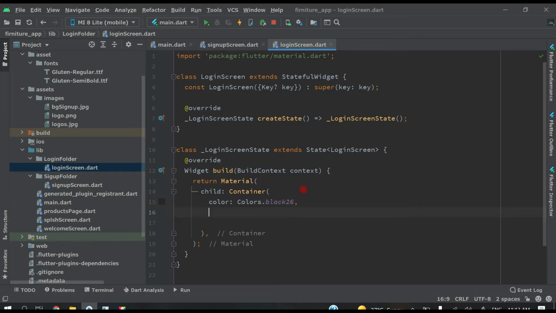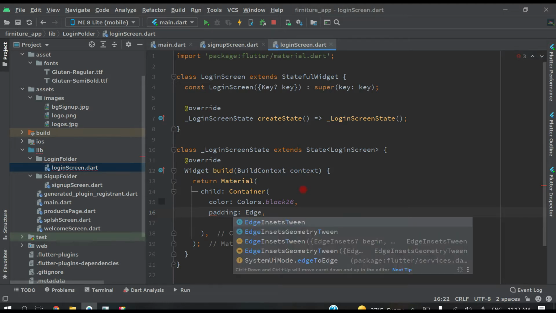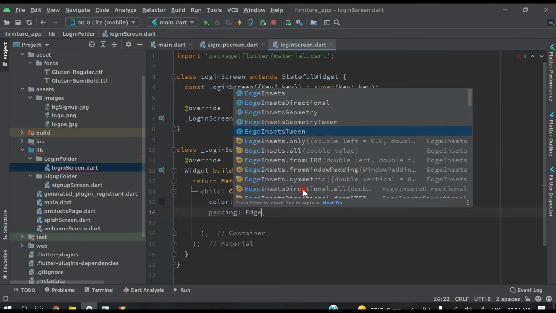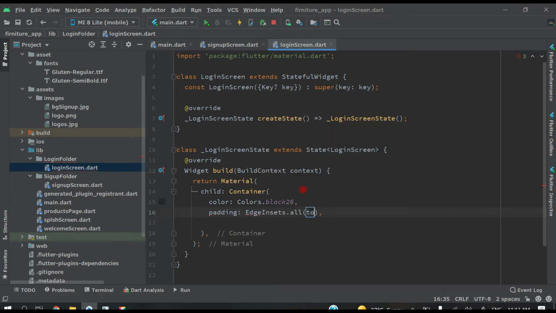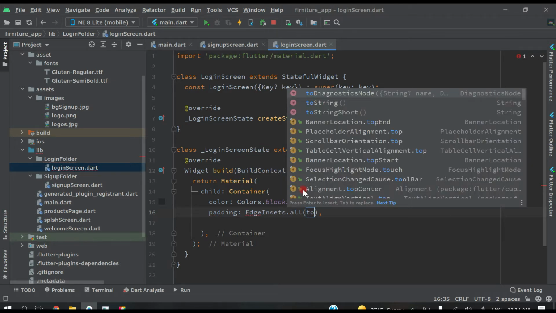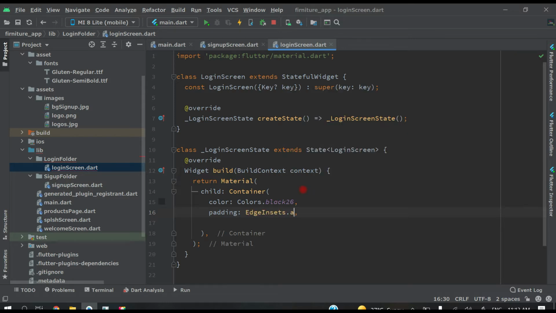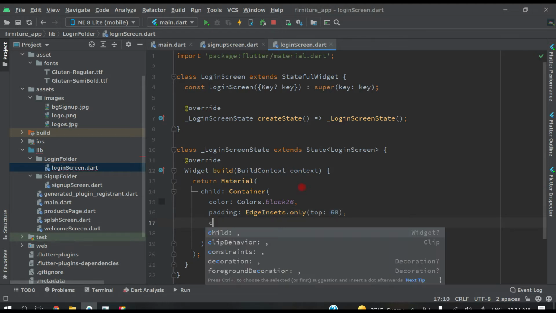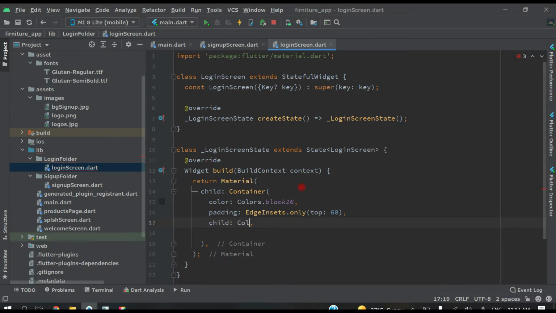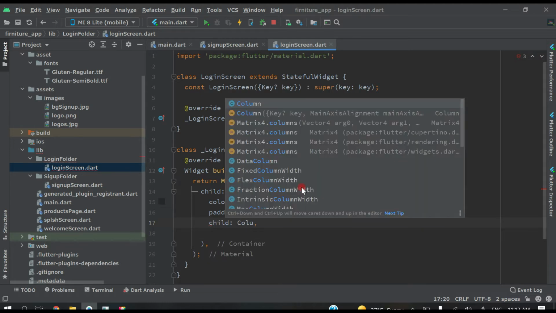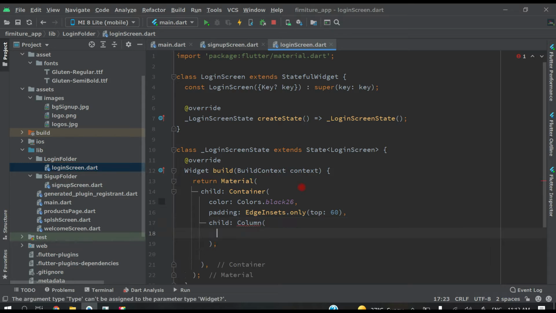And then after this we have to give one padding, so padding EdgeInsets.only top, let's give 60. And then after that let's create child Column, and inside this column let's create children.